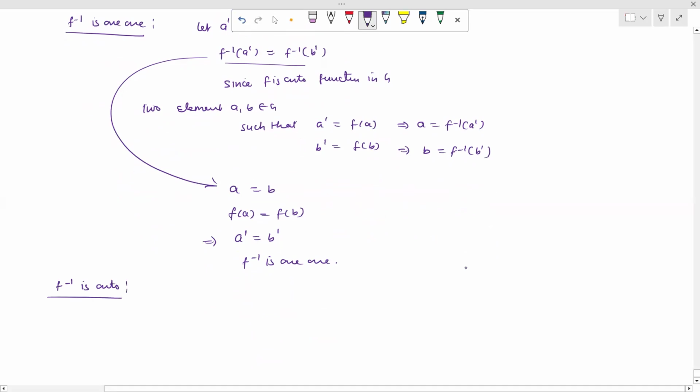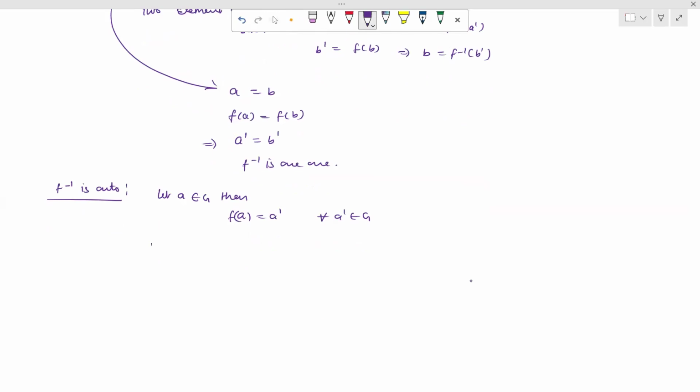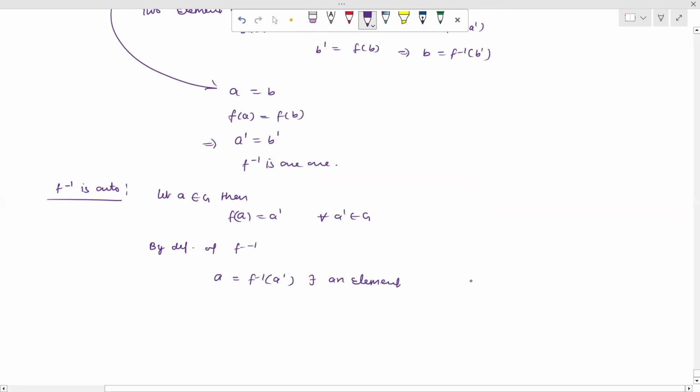So third part, we prove that F inverse is onto. For onto, we take an element of B. Let A belong to G. Then if we take the function FA, which is A dash, every A dash also belongs to G, because the function is defined from G to G. By the definition of F inverse, A is equal to F inverse of A dash, so there exists an element A dash which belongs to G